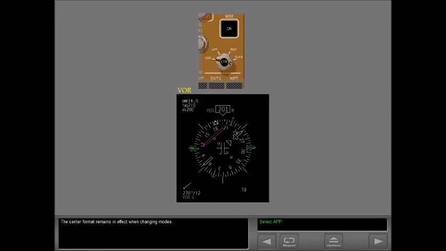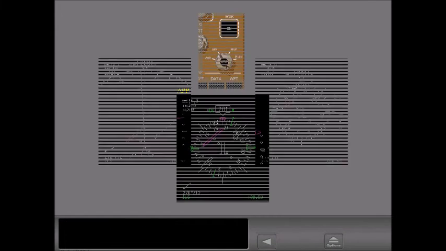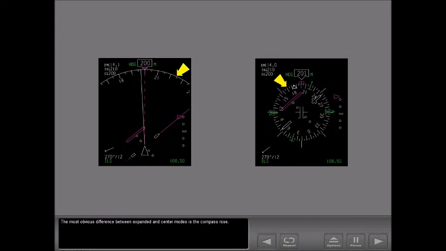The center format remains in effect when changing. Now let's compare the center and expanded approach modes. The most obvious difference between expanded and center modes is the compass rose. Notice the airplane symbol has changed. Present position is now at the center of the